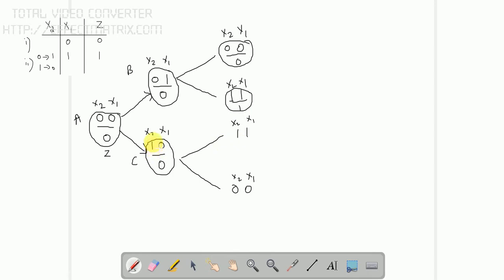Similarly, here I have x2 as 1, here also I have x2 as 1, but the x1 value is 0 here and the x1 value is 1 here. So we don't have two ones in both the states. I have 0 for x1 and 1 for x1. So automatically my output will be 0. Similarly, though I have a transition in x2 from 1 to 0, my x1 value is 0. So automatically my output value will also be equal to 0.